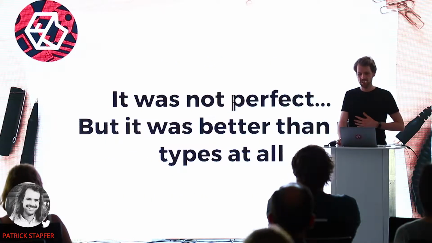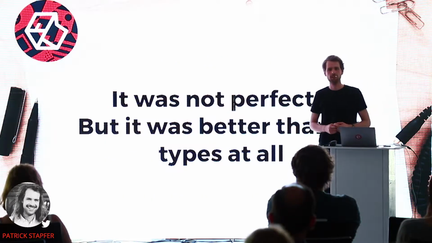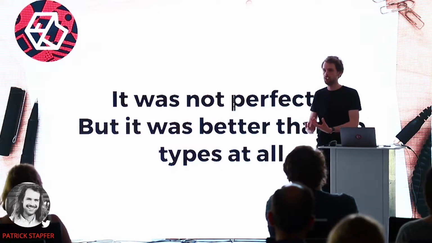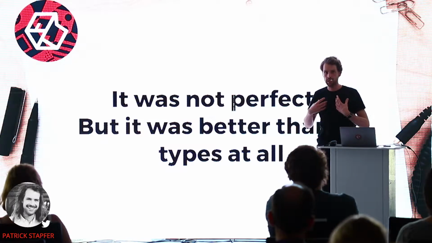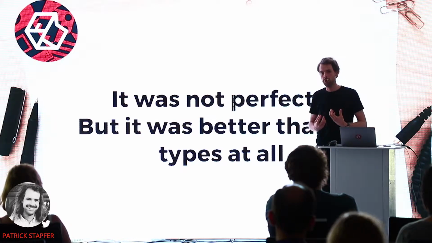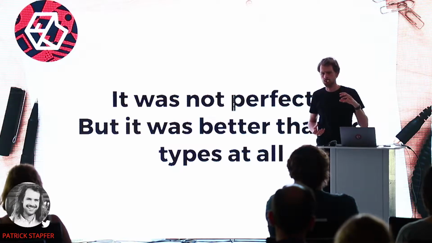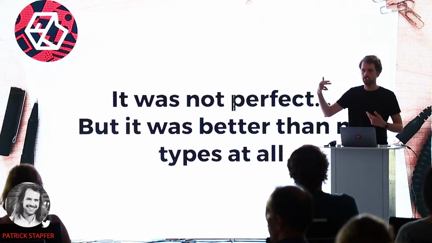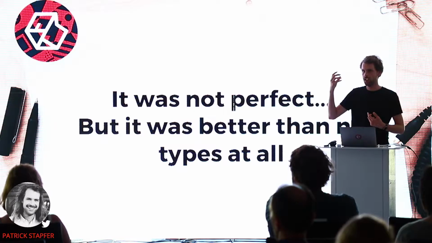So it was not perfect, but it was actually better than nothing. Because suddenly we had a much easier time communicating our interfaces. Suddenly we knew what kind of props came into our React component. Suddenly we knew what the structure of our request object looks like. And it was also easier to do the code reviews, because we just saw, okay, this is of type this, and this should be this, the structure this and that.